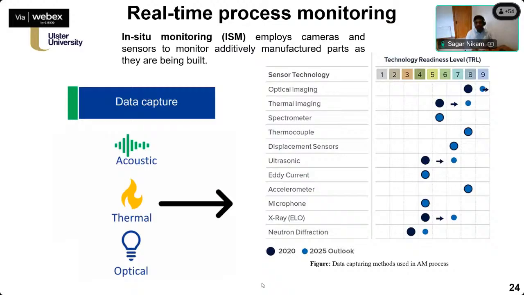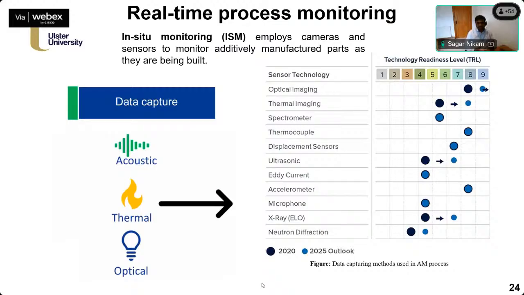But when it comes to X-rays or neutron diffraction, this is one of the recently growing demands. Usually when we have to monitor the deposition process, we have cameras to do it from the top, the outer surface. But how could I know what's happening inside the material? For example, if I'm depositing material and there could be a porosity or a defect inside, the camera can give me the outer aspect, but the inner aspect is very difficult.